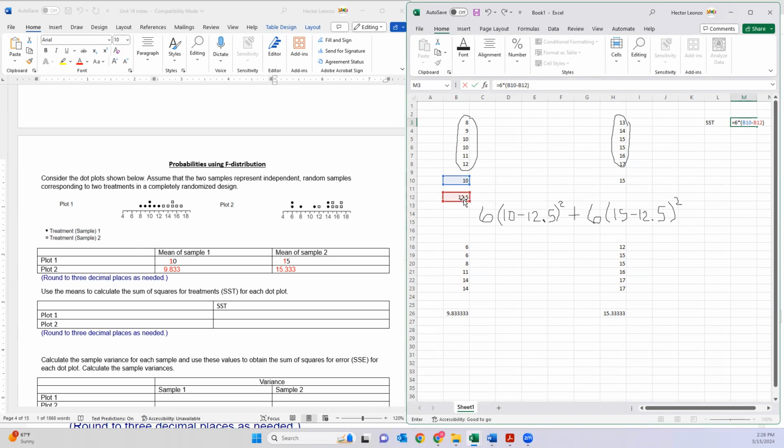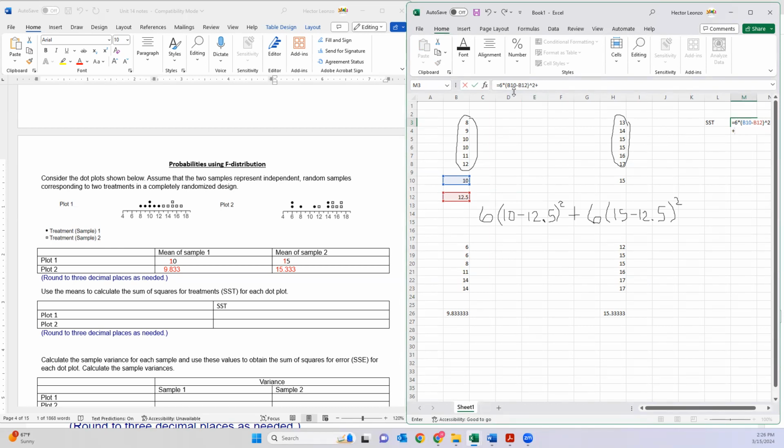However, what if one of my numbers, and obviously we're going to see that in plot 2, was a never-ending decimal? So I don't want to round to anything, so I'm going to have Excel do everything here. Then I'm going to go to the second. I'm going to press shift, and by the 6 there's a little thing that looks like an arrow going up, which we call caret, and then I press 2,